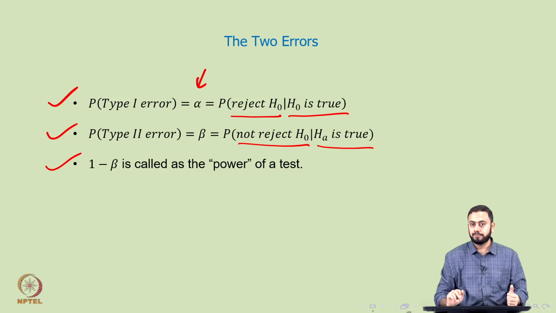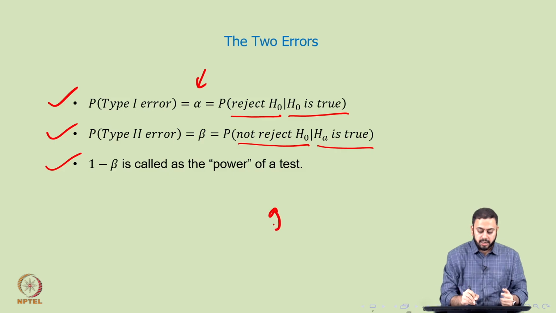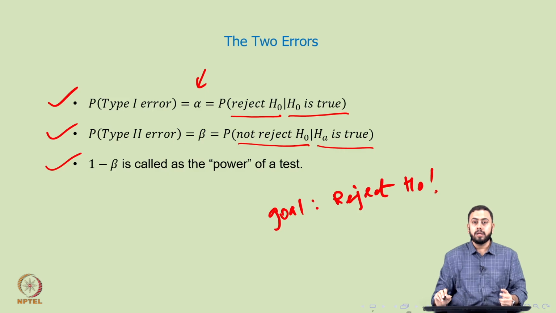Now again, after seeing all these slides, I'll ask you a simple question. If you are handling a testing process or hypothesis testing problem, what exactly should be your outlook, or what exactly should be the goal? Again, you can pause the video and try to answer this question. So your ultimate goal in any hypothesis testing problem should always be to reject the null. Okay. So again, if you go back to all the examples we discussed, let's say the assumption is that the defective rate is less than 10%.